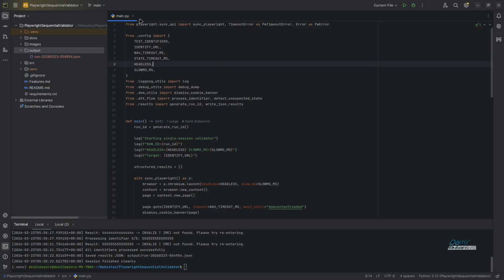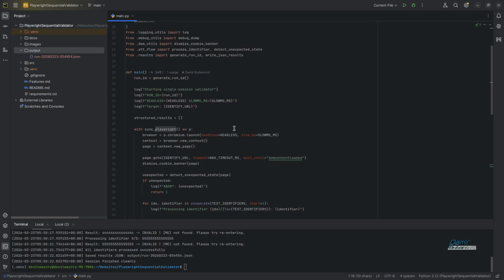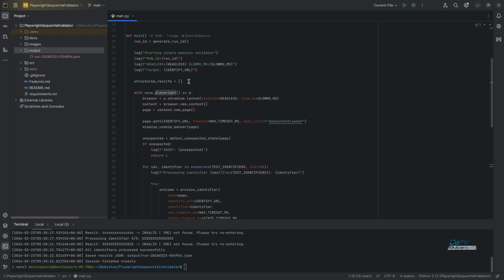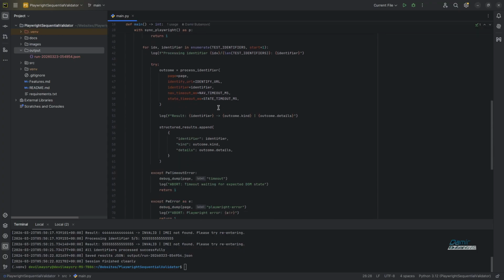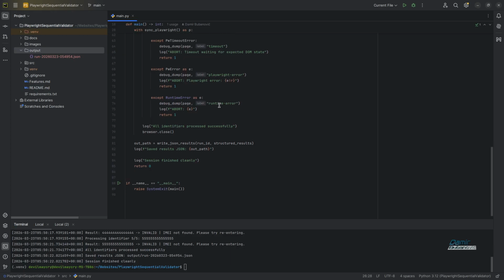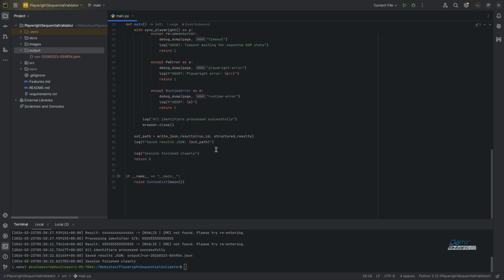So basically, this is the constructor we used in Playwright. We have these magic values from our config file, and these are all the classes that we are importing. Structured results are saved. The data is saved in the structured results variable, and this is the main loop: opening the browser, inputting values, checking for errors, and then if everything is okay, we close the browser and log our values,